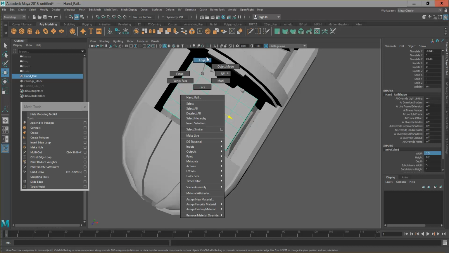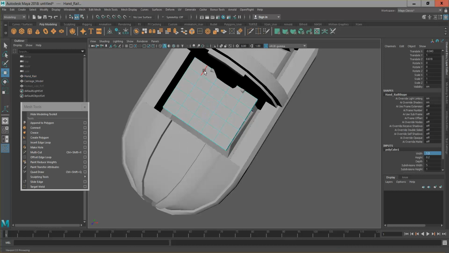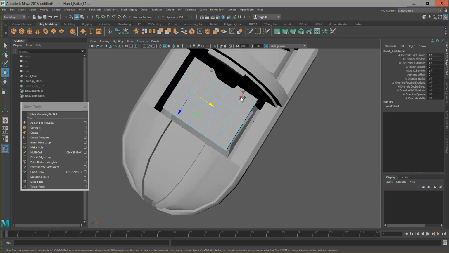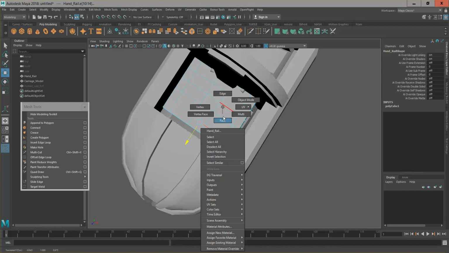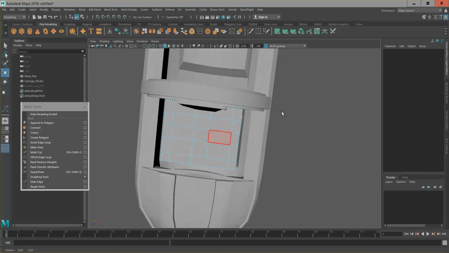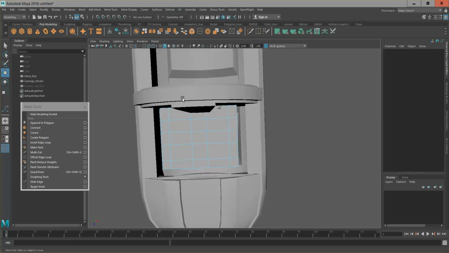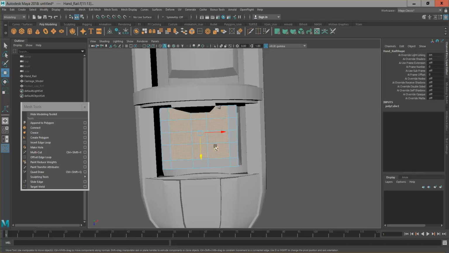So with the edges, I'm going to double click on this edge, double click on this edge holding Shift, push R to get the scale tool up, and bring this across. And I'm going to double click on this one here and do the same and bring that out. Then I'm going to go into face mode, and this time I'm just going to select these faces, push delete,